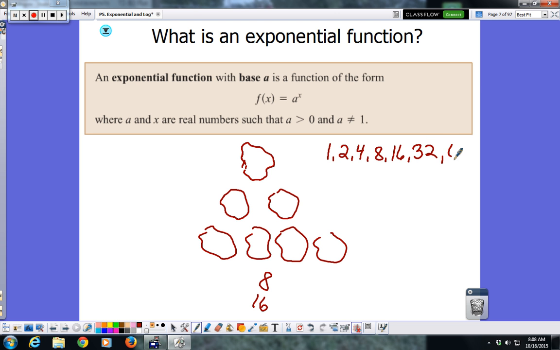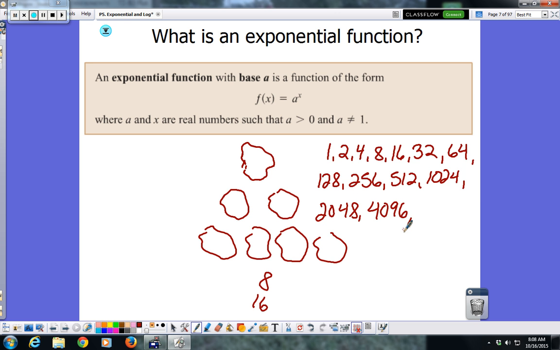After 6 hours, those 32 all split, you have 64. After another one, you have 128, 256, 512, 1,024, 2,048, 4,096, 8,192, 16,384, 32,768, and that was after 1, 2, 3, 4, 5, 6, 7, 8, 9, 10, 11, 12, 13, 14, 15 hours. So what started as 1, after 15 hours has already grown to